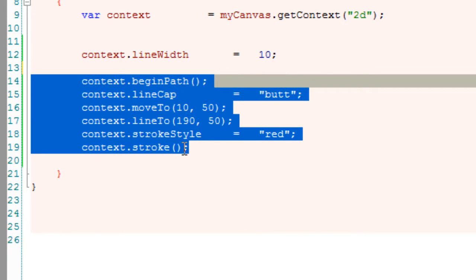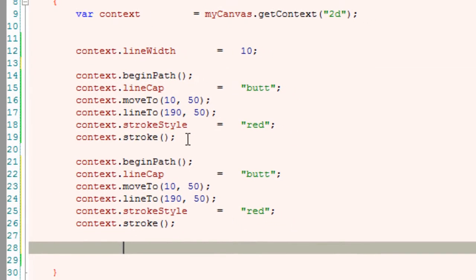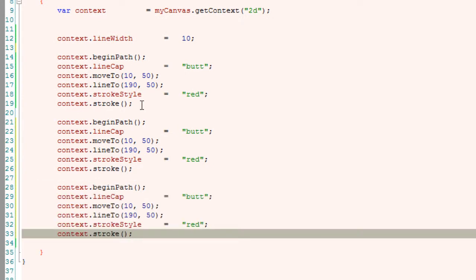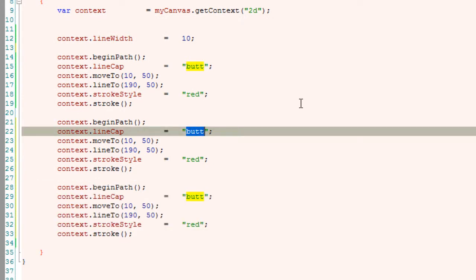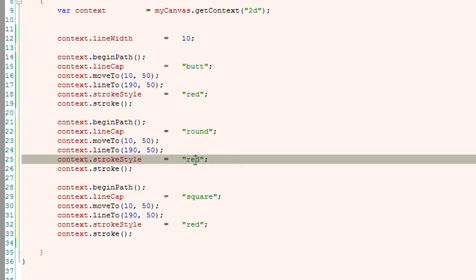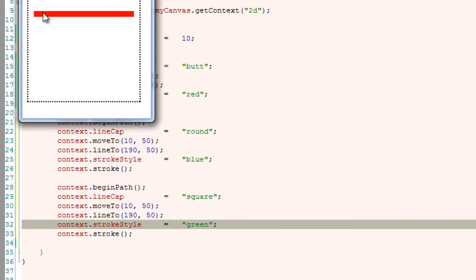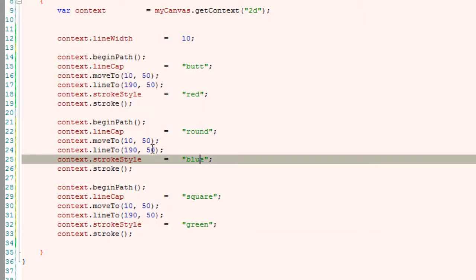I'll just copy and paste this 2 more times because we have 2 more values apart from butt, that is lineCap takes either butt, which is default, round, or square. I'll change the color of these 3 lines. First one is red, second one let me make it blue, and the third one let me make it green. Also make sure to change the x and y axis, that is the